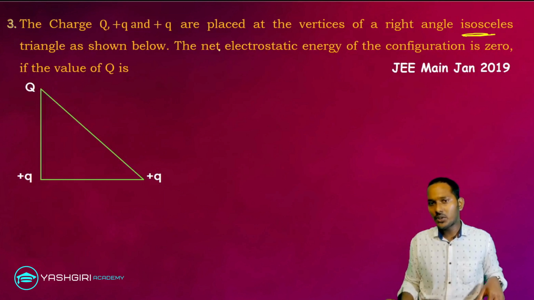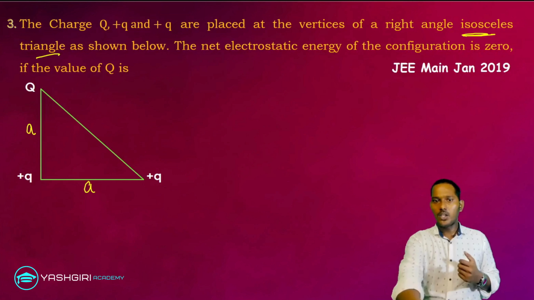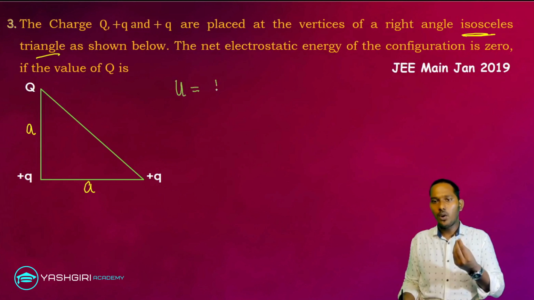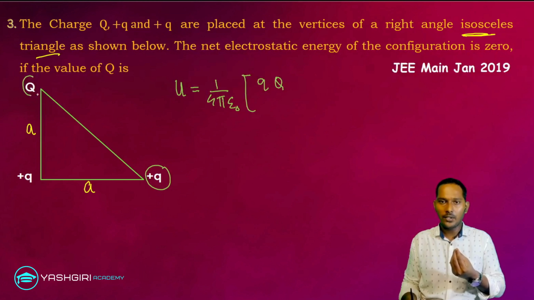If you know, guys, in an isosceles triangle any two sides have to be the same. So let us say this is a side A and this is another side A, right? Here in this case, students, the potential energy, that is a capital U, will be 1 upon 4 pi epsilon naught, the charge small q that you are having here,